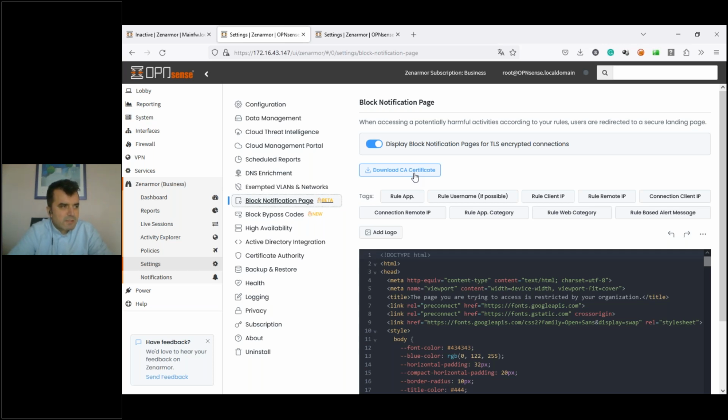Some browsers cannot see this certificate as trusted due to the SAN name in the certificate, and it will be fixed with the upcoming release 1.16. We plan to ship it at the beginning of December next month.